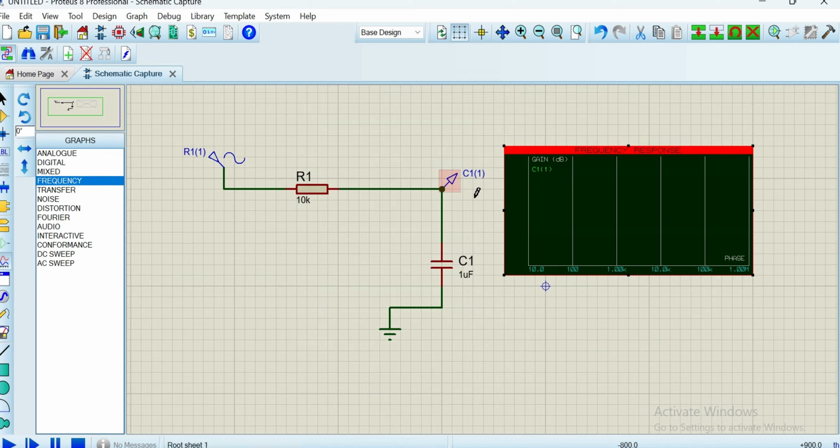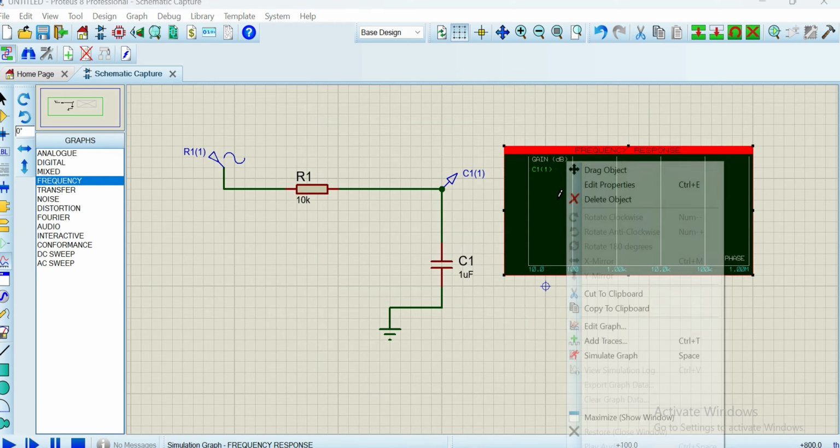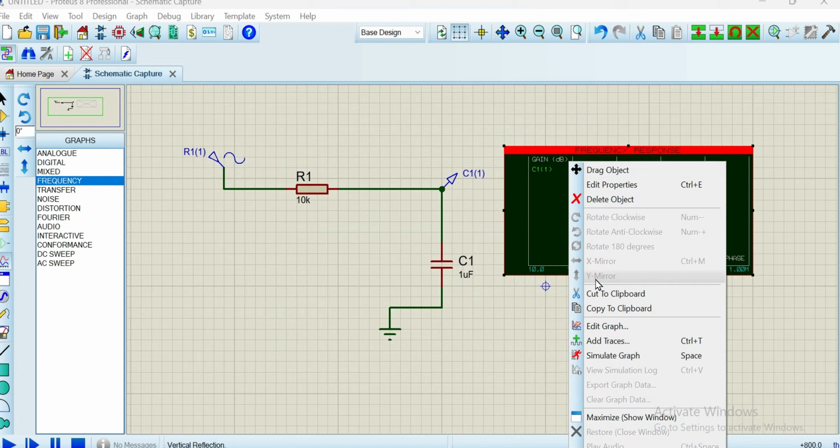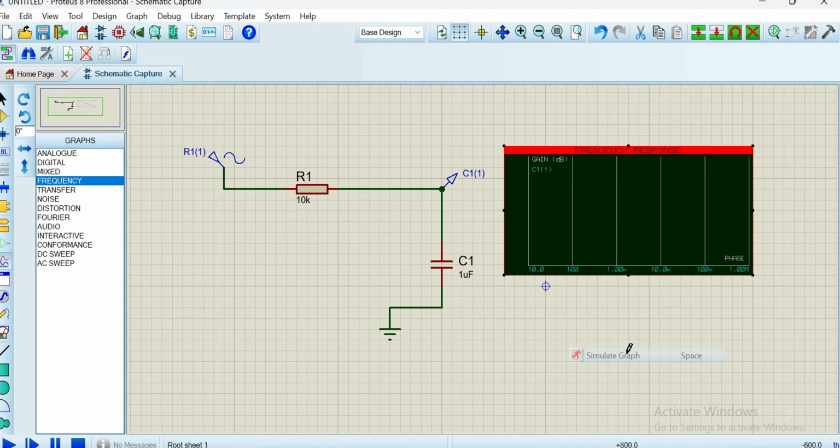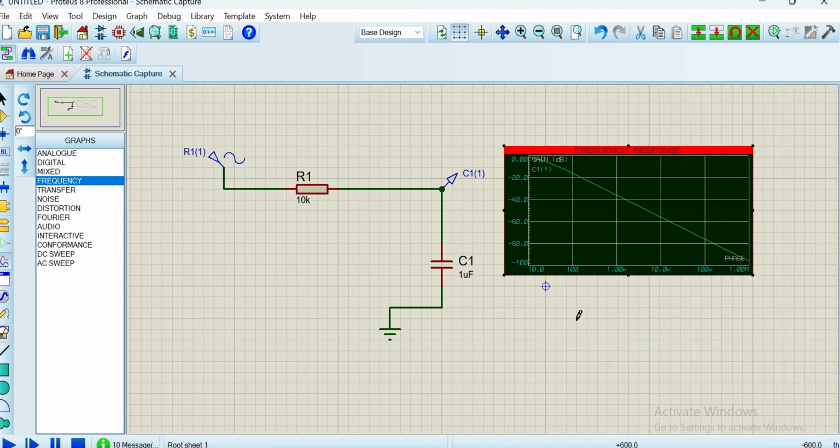And okay, click it and drag it in the graph section. Edit property, I mean right click on your mouse. I'm using the keyboard pad, and start simulate graph. And wait a bit, you will get your expected